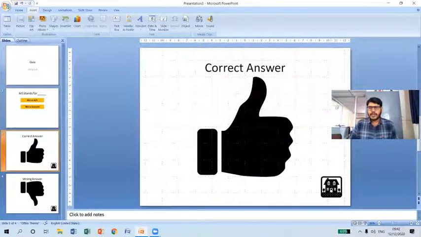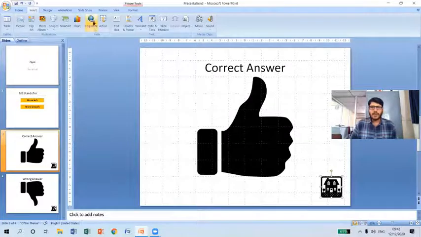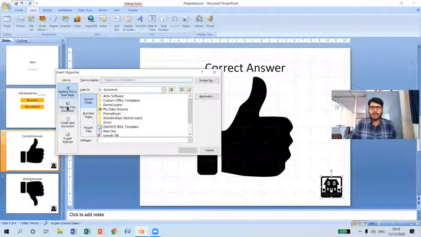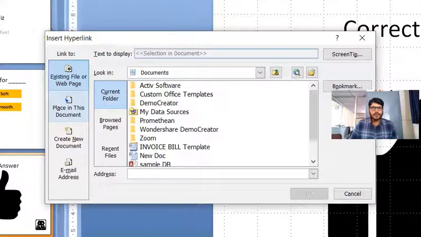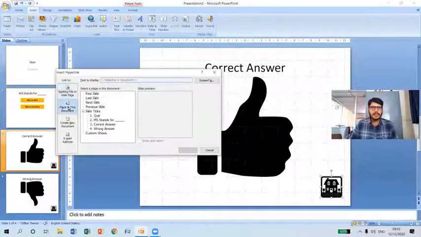Similarly, we have to set a hyperlink for home. When I click on this particular object, it has to navigate me to the question slide, isn't it? So now let me select this clipart graphic, go to hyperlink option. I'm going to provide the hyperlink within the same document. So that's why we need to select this particular option now. Okay. So now click on place in this document and you can see the slide titles here. Now I'm going to select the second slide and you can see the preview here.